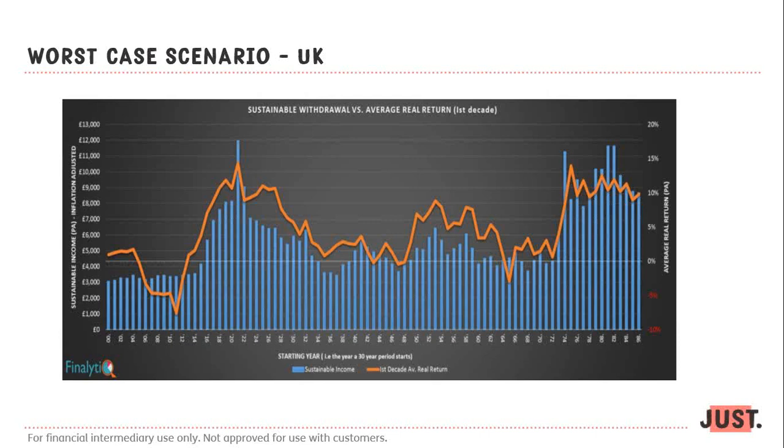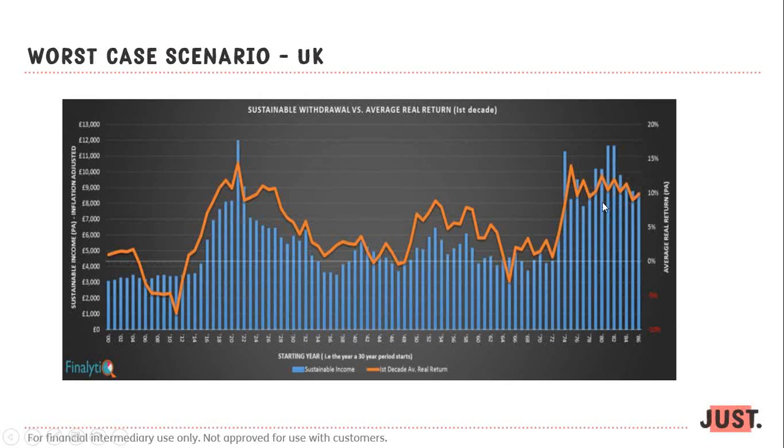Because what they don't know, and I need to get my glasses on here to remind myself of the numbers, is whether they are sitting next to a 1936 retiree, in essence someone who has a pretty poor journey, or somebody at the start of a 30-year retirement who's going to enjoy a journey more like the 1980s, where, out of a £100,000 fund,